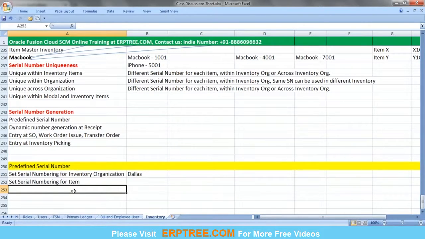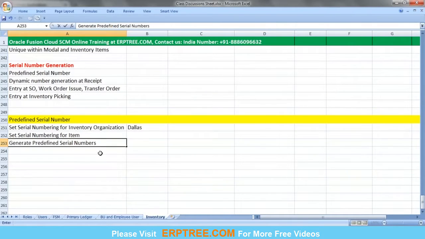Say create, or else say generate predefined serial numbers for specific item. For which item predefined serial numbers are required, we have to generate. Once we generate, for testing purpose we can go and perform any one of the inventory transactions. We'll go on to perform the